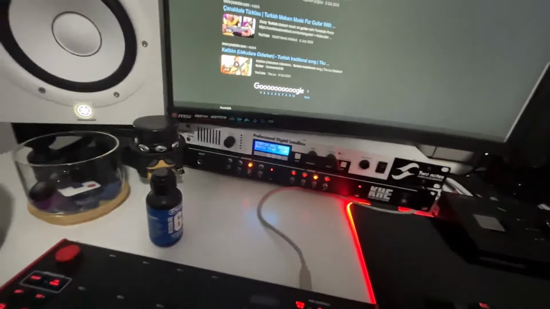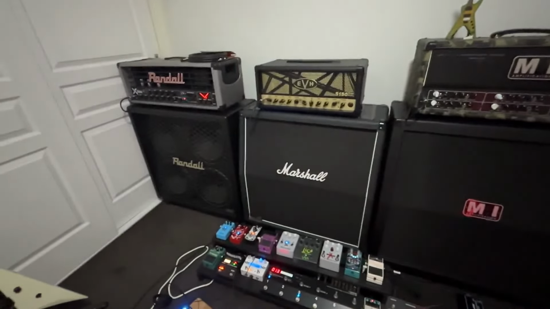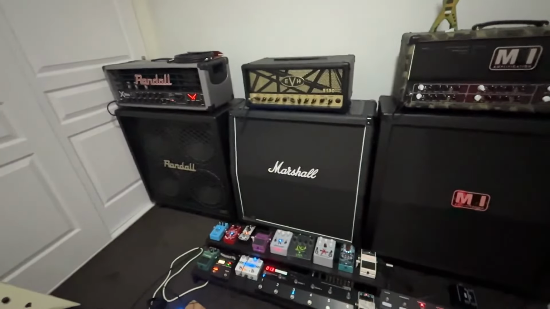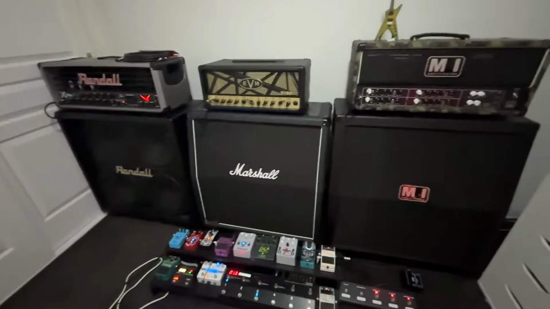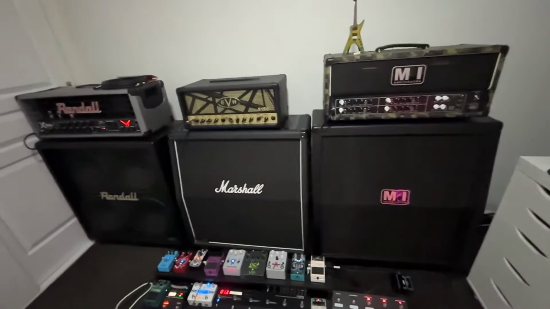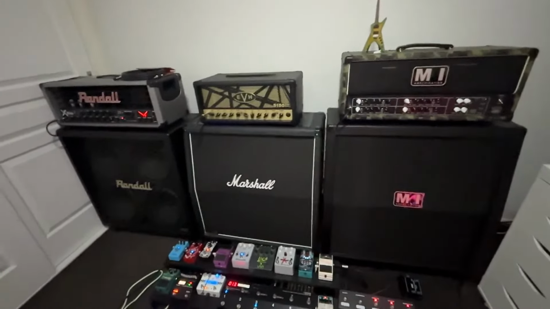Then the switching can go to each one of those cabinets, which is hooked into the amp switcher. So with the flick of a switch, I can select any of those cabinets to be used by any of those heads. They're not sitting on top of them, so each amp only gets that cabinet. I can use all 3 of those cabinets with the flick of a switch. And that's why I've got one pedal board.